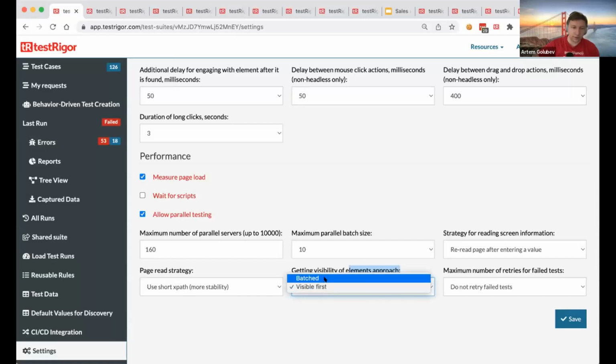However, if you choose the batched approach, it will go through all of the page and you'll be able to work with all, even potentially visible, elements. For example, something is below the scroll line, you can't see it, but you might be able to scroll to it. So keep in mind that the default approach is visible first. And that would mean that whatever you're working with must be visible on the page. So you should scroll to it or something like that. Other than that,